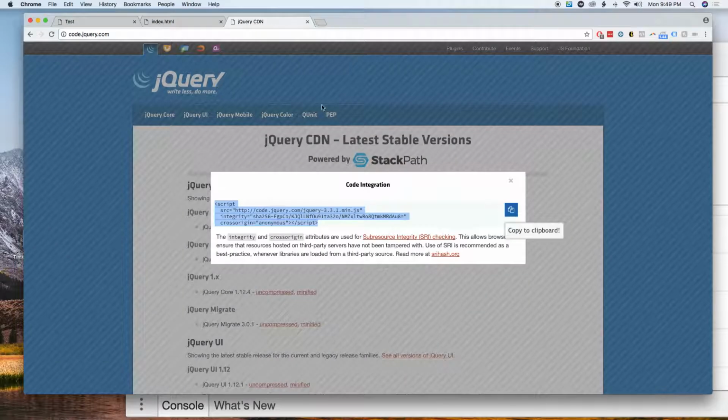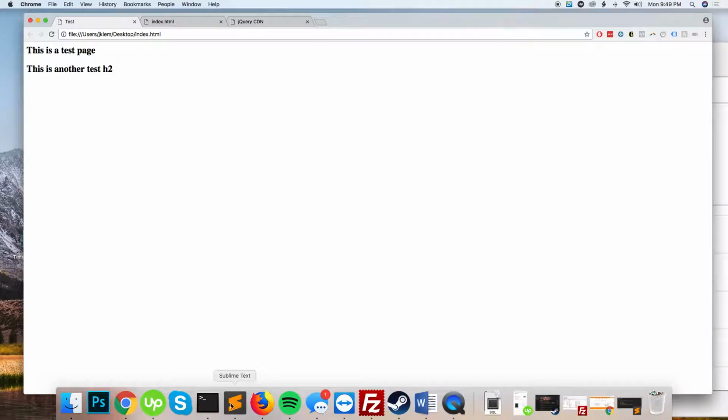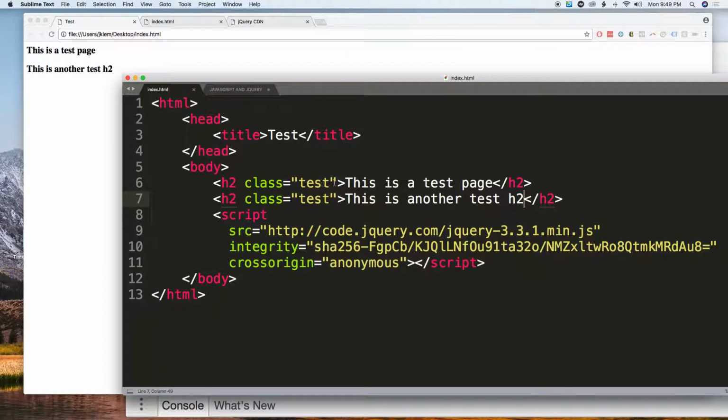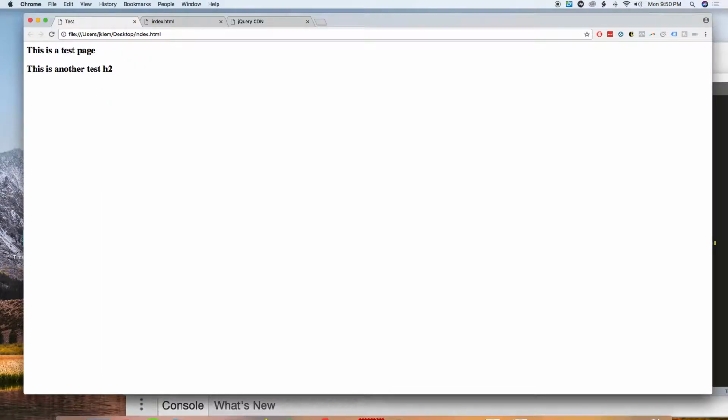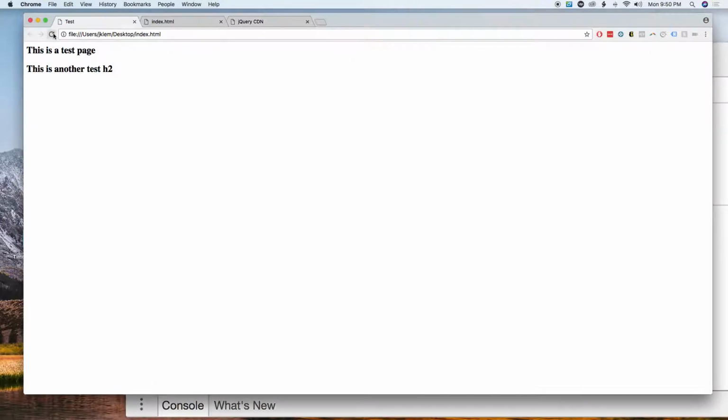And thankfully, jQuery is all pretty well documented. You can go on their website and they give you a bunch of examples of ways to interact with the DOM and manipulate elements. And often Stack Overflow has a wealth of information on stuff that you may want to do. So if you're wanting to fan stuff out, we did slide up and it slid the stuff up and kind of toggled it. If we wanted to go the other way, there's a syntax for doing that. And so in this next part, moving on,